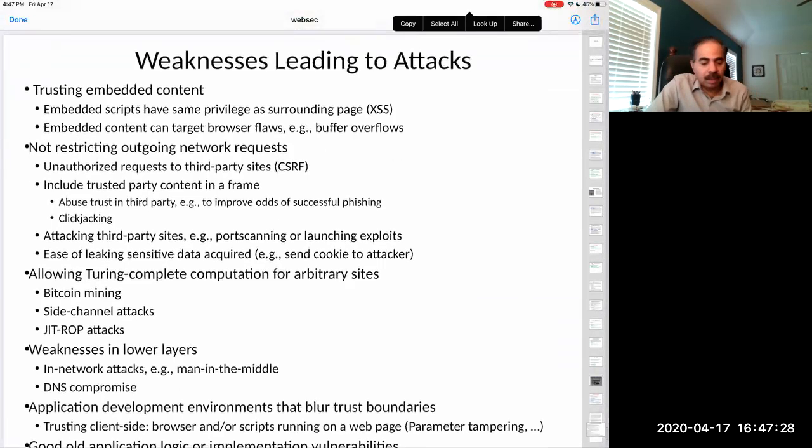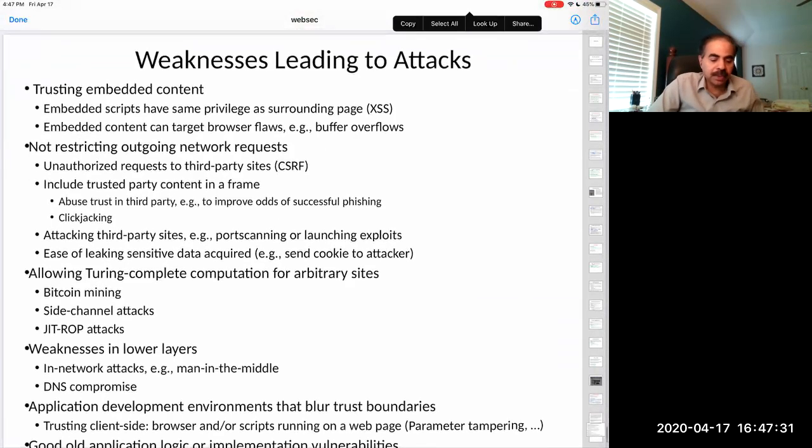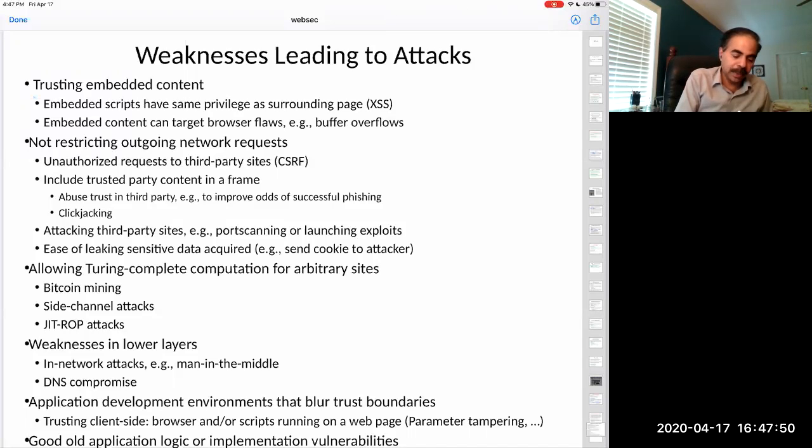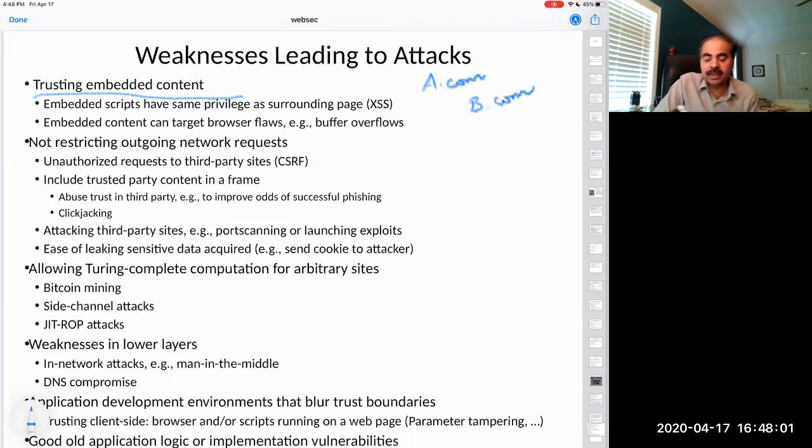So we are coming to the end of this unit. So let me very quickly summarize some of the vulnerabilities in these applications and the whole web environment that leads to these types of attacks. One of the biggest issues is that you may end up trusting embedded content, like A.com embeds a script from B.com. Now, if this script from B.com happens to be malicious, then A.com is completely